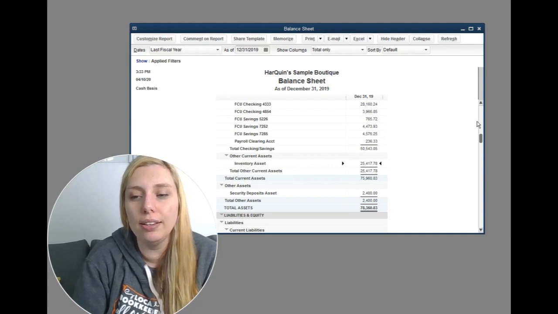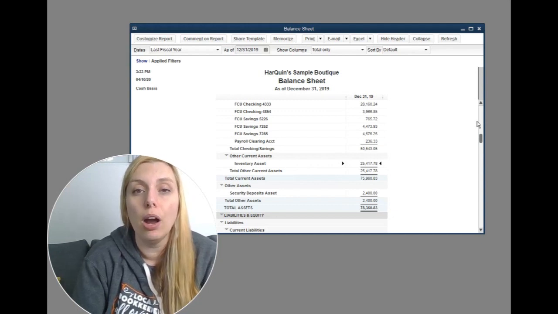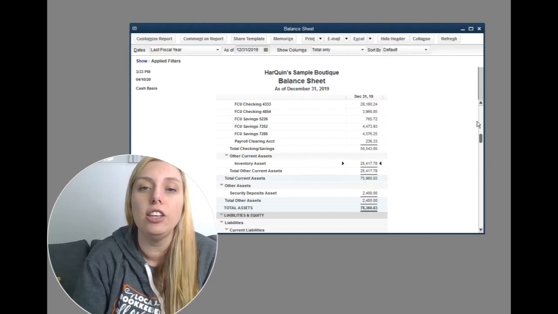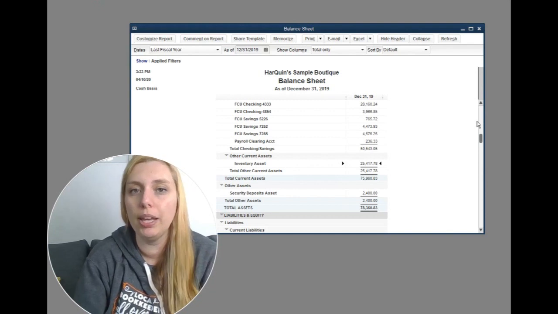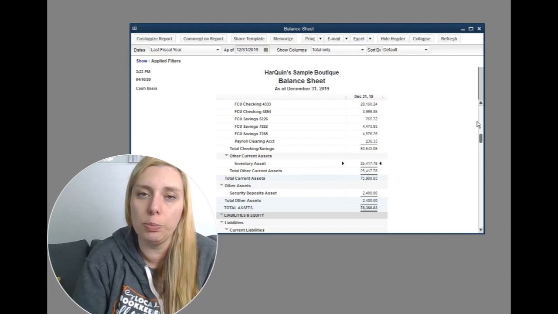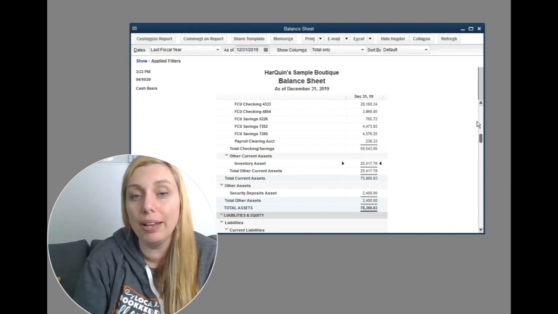And then the last one I'll hit that will actually hit most of you pretty close to home, especially if you have a brick and mortar, are leasehold improvements. So if you go into a new space and you have to spend $15,000 getting it brought up to speed to make it look pretty and nice, that $15,000 is not immediate expense. It would go to an other asset called leasehold improvement. You would put everything you spent, even if it's $15 here or there, to that asset, and then